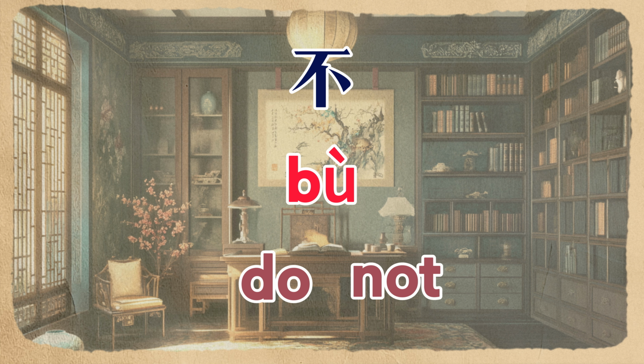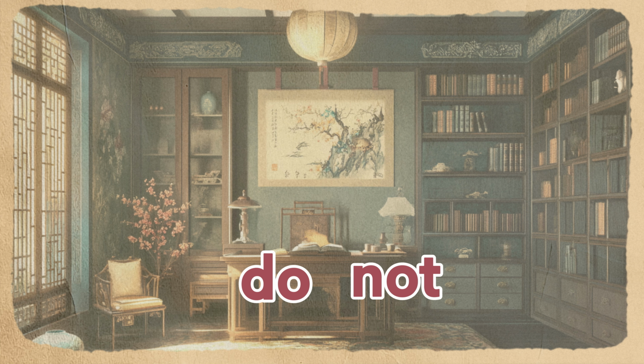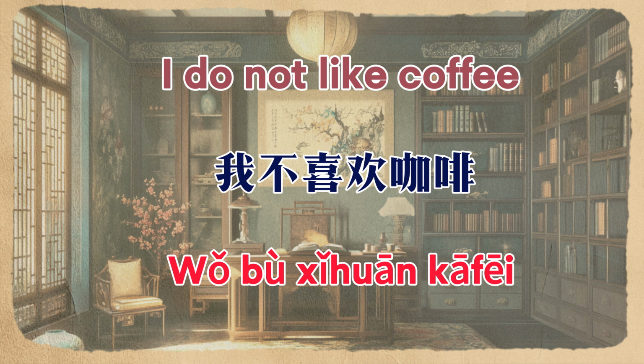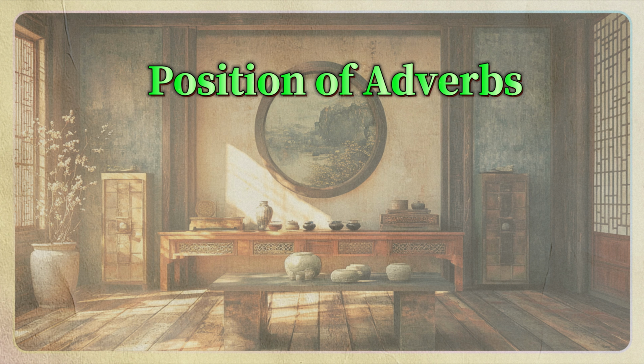2. Position of auxiliary verbs and negation. In Chinese, the negation word 不 appears directly before the verb. In contrast, English uses an auxiliary verb, for example, do, combined with not to form negation. English: I do not like coffee. Chinese: 我不喜欢咖啡。